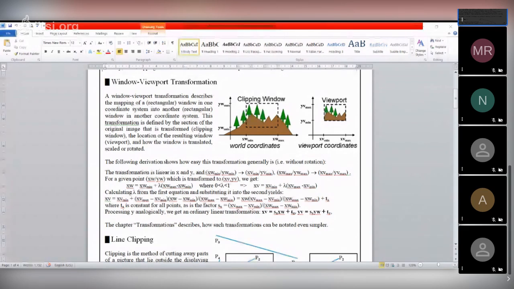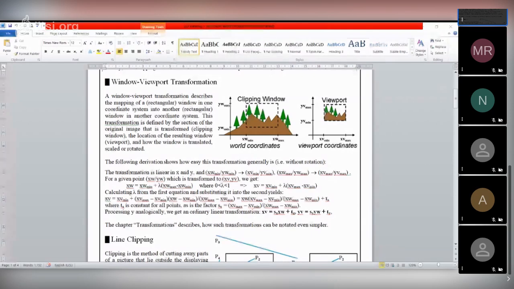This transformation, that means we have to apply the transformations that were covered in your previous class. That means we have to apply scaling, we have to apply translation, and if required, we have to apply rotation. That means we have to fit this scene to our viewport. So here we are applying scaling. We are decreasing the size of our clipping window. Clipping window means that we are focusing and we are rejecting the other part.